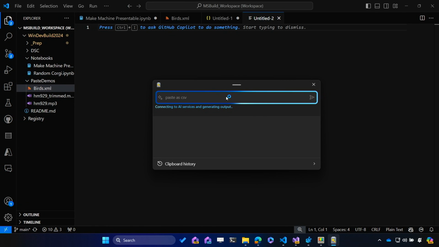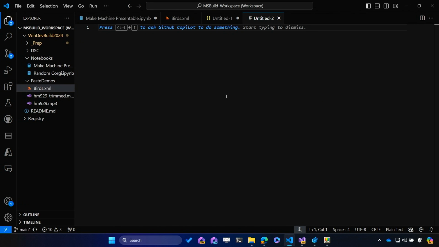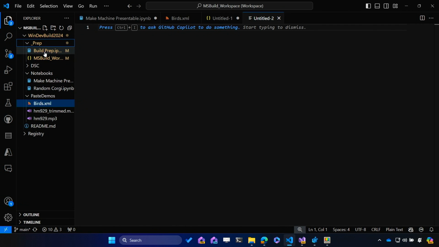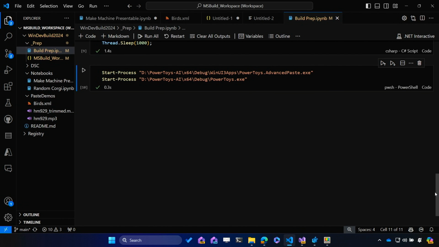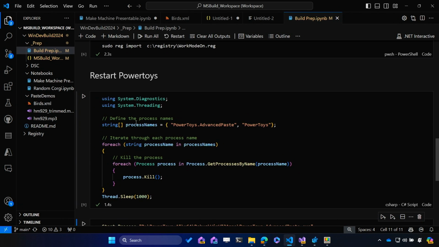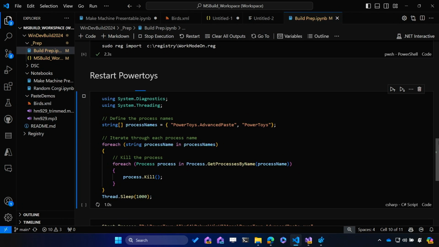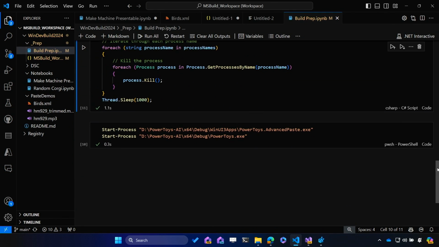I love the little sparkly thing. The thing I need to tell you, of course, is that this is code that I got working last night. Did I just crash the world cloud? Yes. There's nothing wrong with that. It's okay. We'll reboot. I actually have a run book to put it back the way it was. I do. Of course I do. So I'm going to restart PowerToys, give that a second, and run this. Okay, now it's all back up and running again.